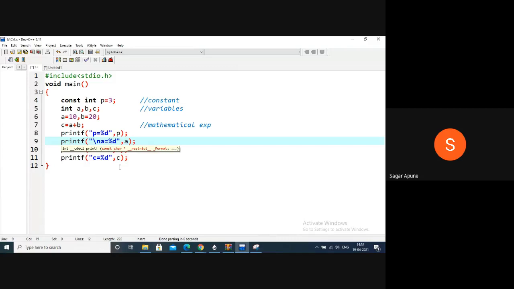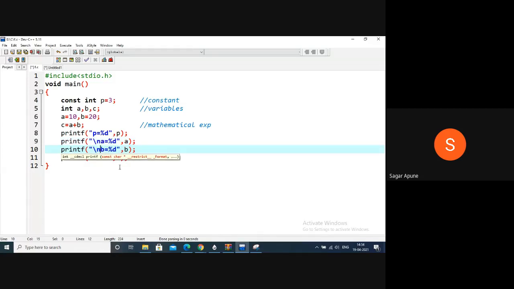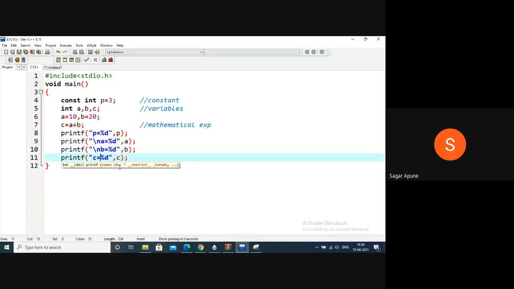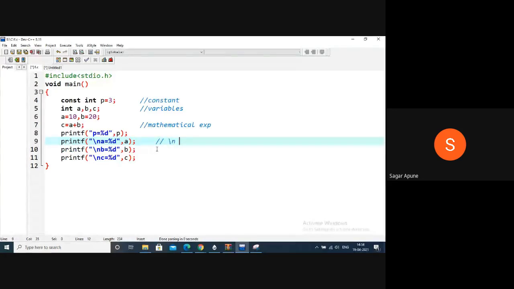So A is equal to is printed on a new line, B is equal to on a new line, and C is equal to on a new line. /n is for new line, to print output on a new line. Okay, here I completed this code.